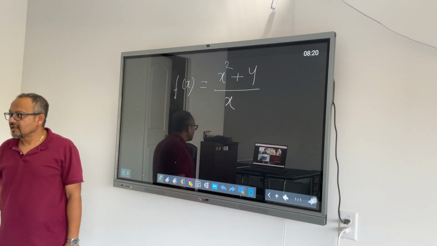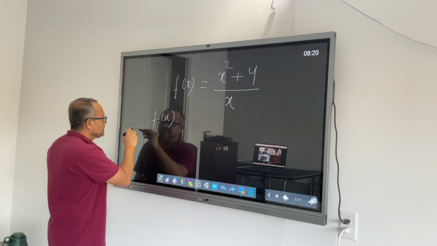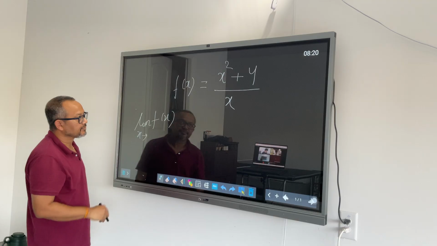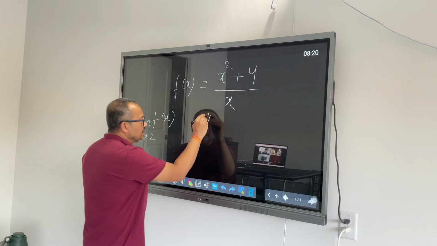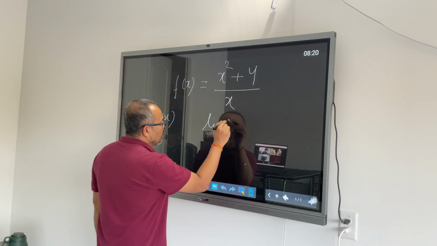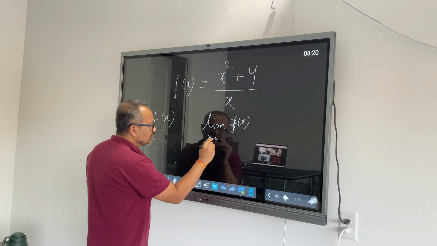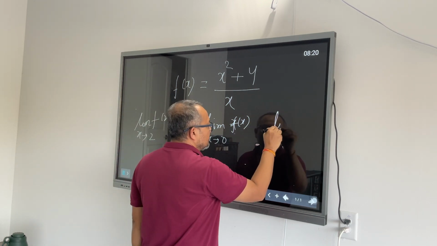Okay, and I ask you guys to find out the limit of f of x when x is approaching 2. Find out the limit of f of x when x is approaching 0, and find out the limit of